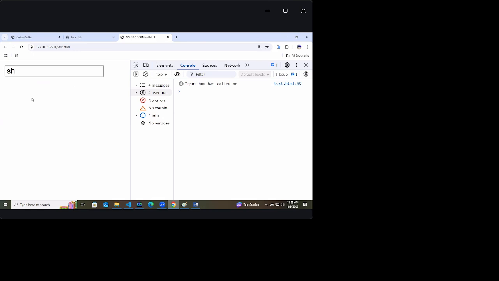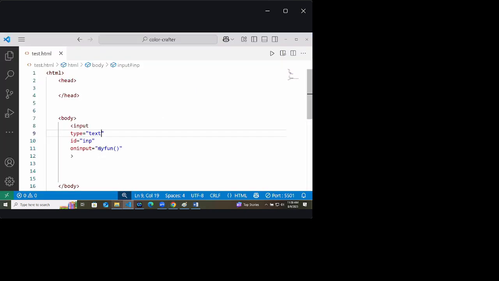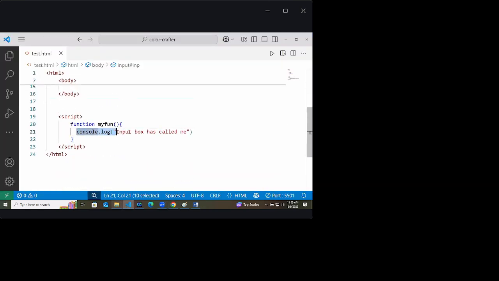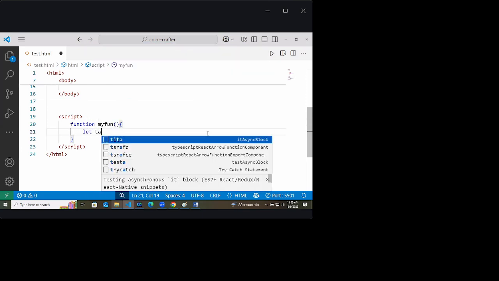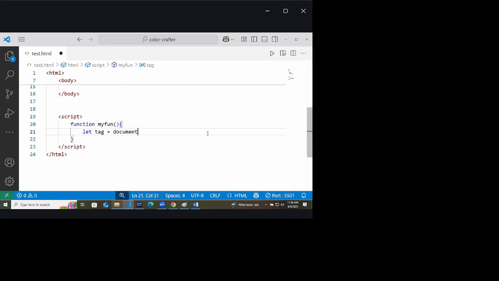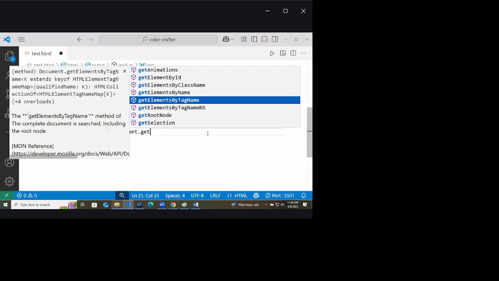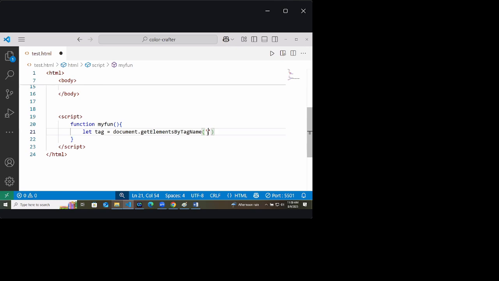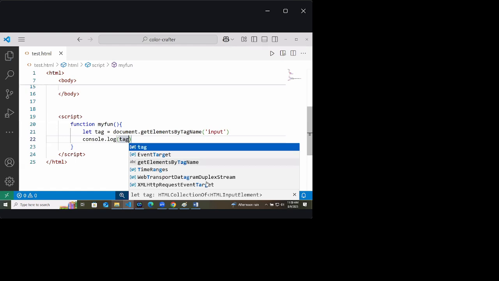Now for that, I will tell you one more thing. Here you are printing the input box. Stop it. Let tag equals document dot getElementsByTagName input, and again we will print this tag to the console.